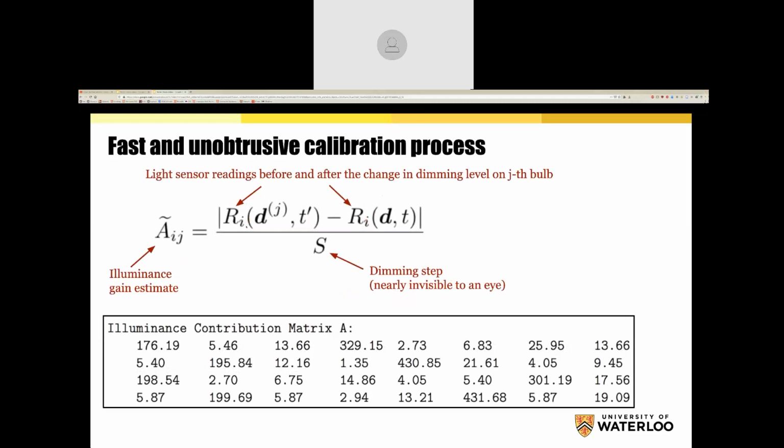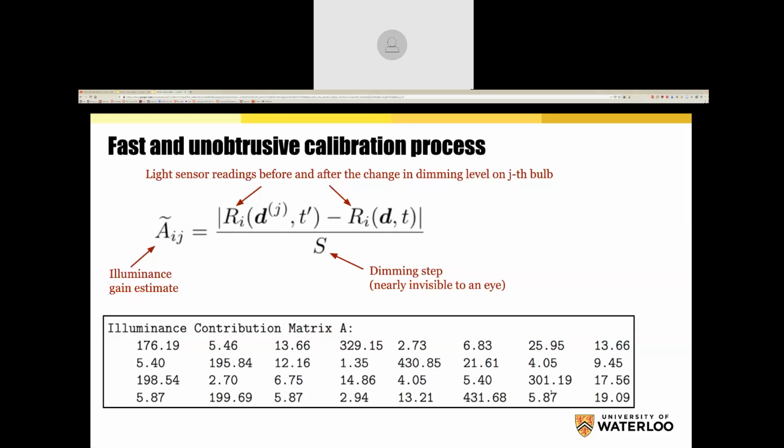If you remember, there were these two workstations to the left and two to the right. And the dominant entries are the bulbs that are the closest. So 198 and 301 would be the two bulbs closest to that workstation. I see. And this one's 136, 329, and then the two on the right will have similar ones. So it depends on the orientation. It's a very perceptive point, Stephen, and that is exactly right. I see. So it depends on the distance, but also maybe some kind of angle or orientation. That's correct.